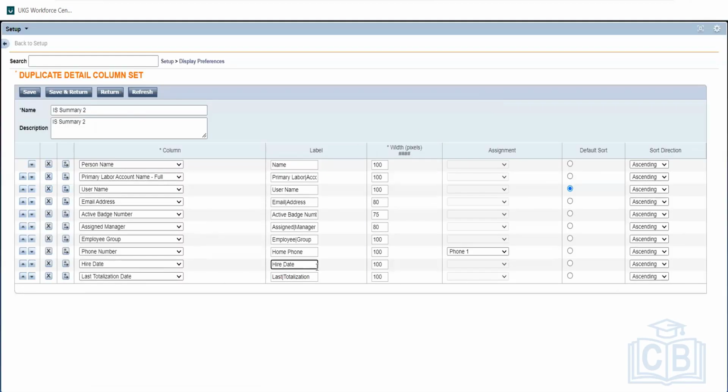So automatically it will give you a label name. If you want to change it, you can change it. As soon as I pick a column, it will give it a name. If you want to change it, you can change it to a customized name. Again, if you see here, there are few columns which will have this straight line in between them. Loss totalization, employee group, assigned manager. This is to make